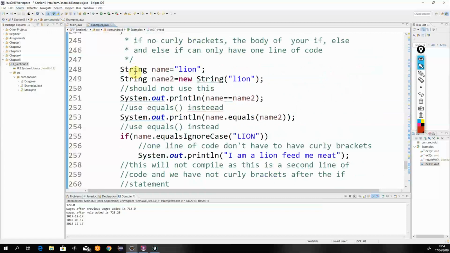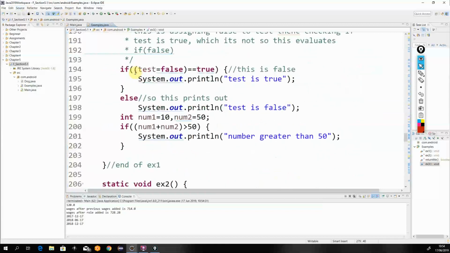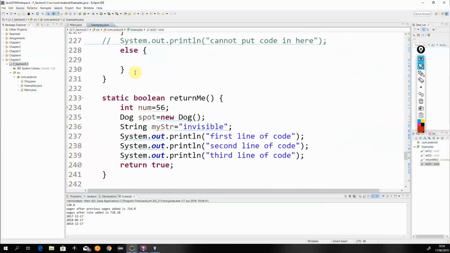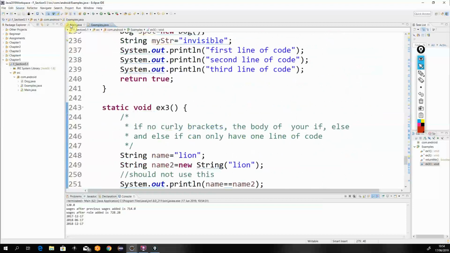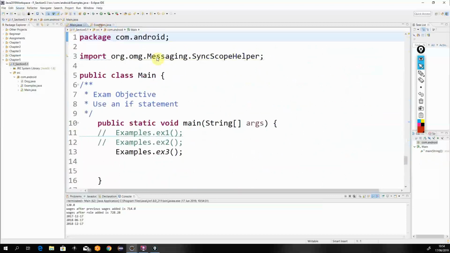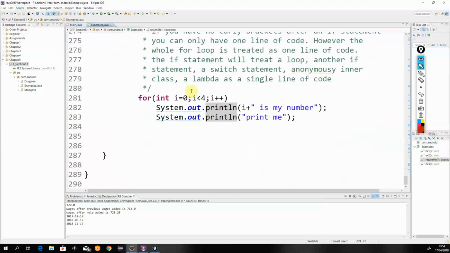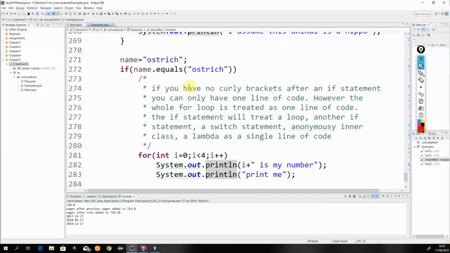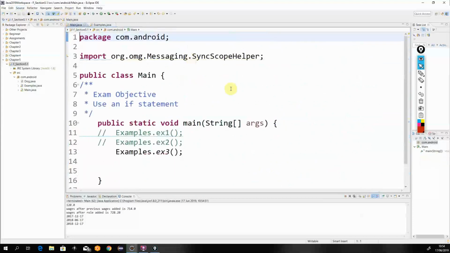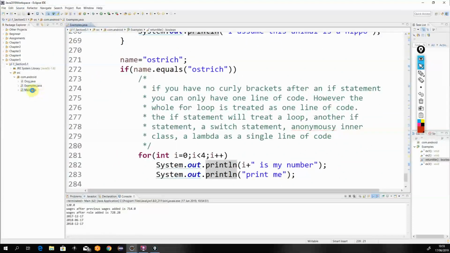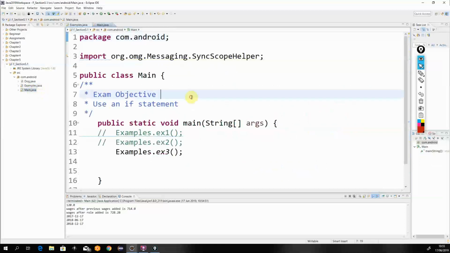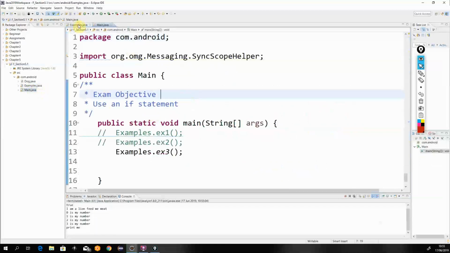Okay, that's the wrong one that's running. This is EX3. Okay. What's wrong here? Hold on a second. What's wrong? Got the wrong main open. Again. Right. So,